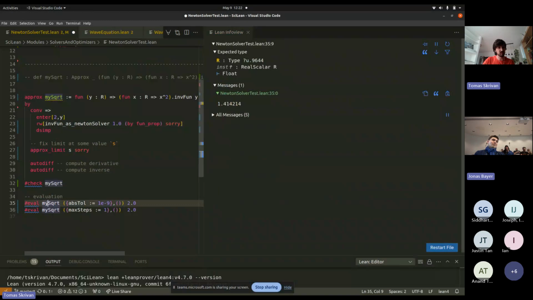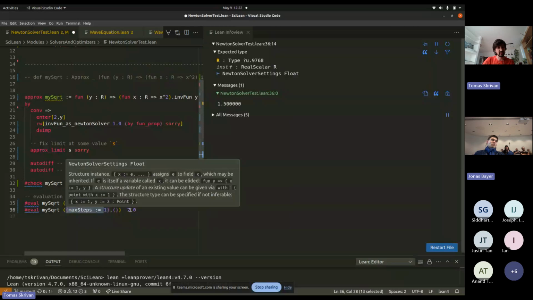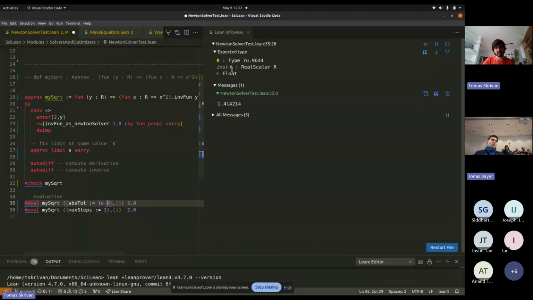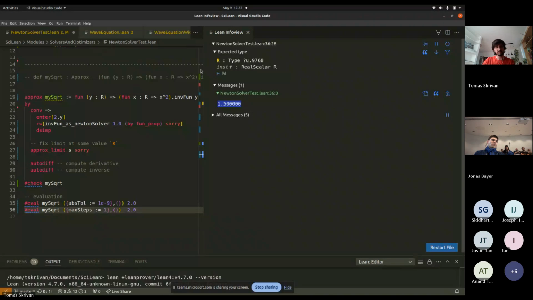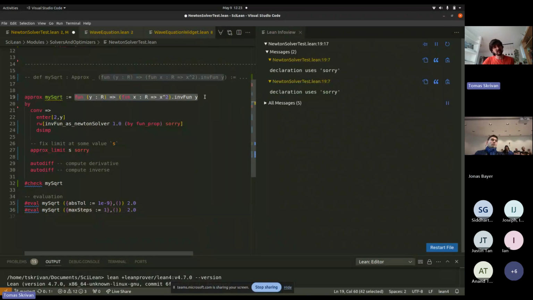So yeah, I can call the function my square root. I can provide the tolerance or max steps. If I provide reasonable tolerance, then I get a very good approximation of the square root of 2. If I limit the Newton solver to a single step, I just get 1.5. Right, so this was a very basic example of this idea of taking a specification of a problem